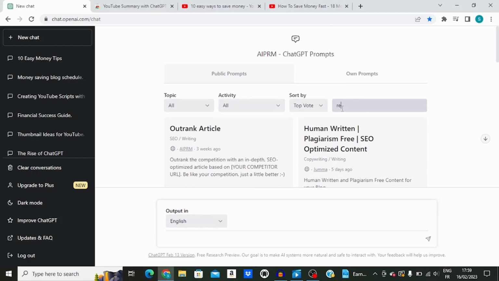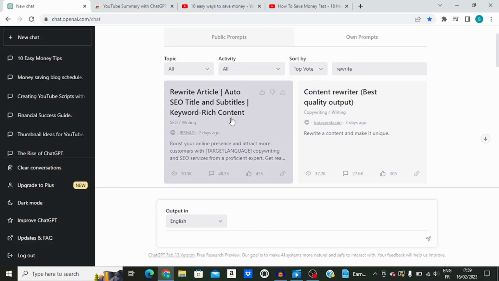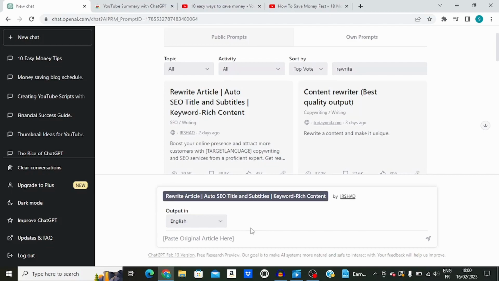I want to rewrite this script, and I'm using this first prompt that comes up: rewrite article, auto SEO, title and subtitles, keyword rich content. It's really powerful and very popular here, as you can see. So I click on it,